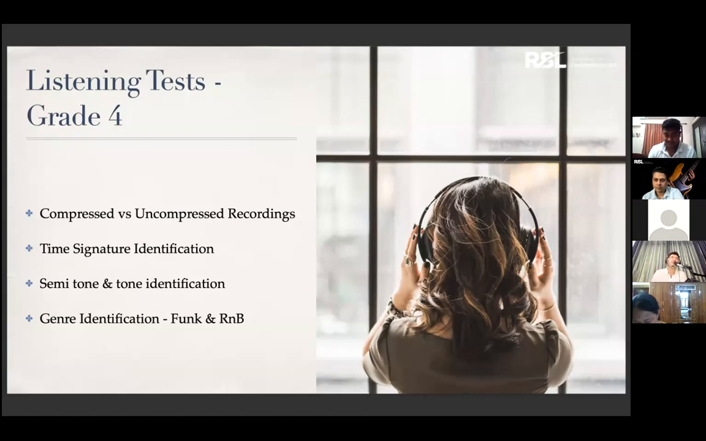As a music producer, if you don't know what those time signatures are, you're in trouble. Let's just put it that way. It's very important. Not everything is 4/4, 4 beats in a bar. It could be 6 beats in a bar. That's what we are covering in grade 4, specifically 6/8. Then we're talking about semitone and tone identification, and we're also getting into genre identification, funk and R&B being specific